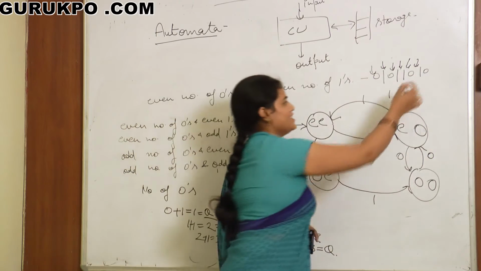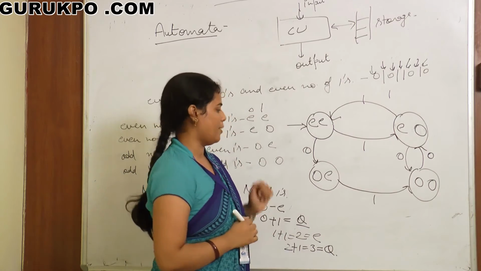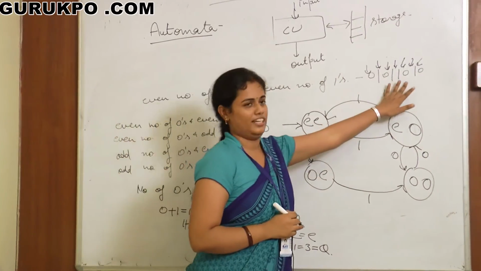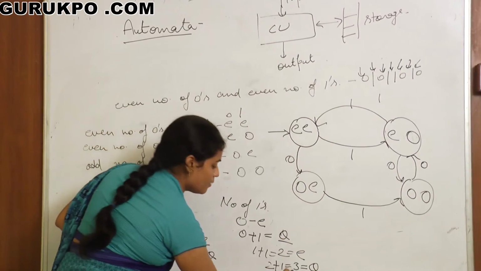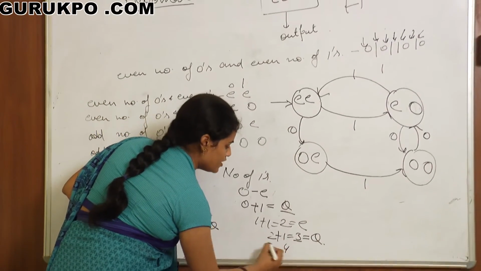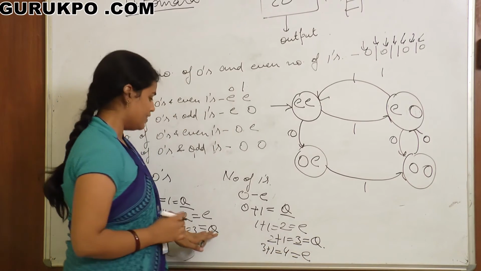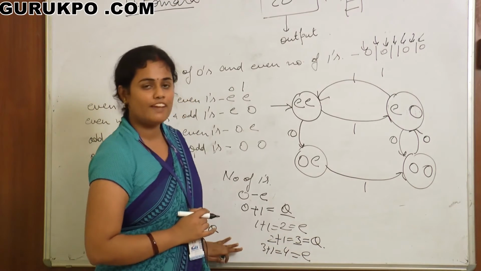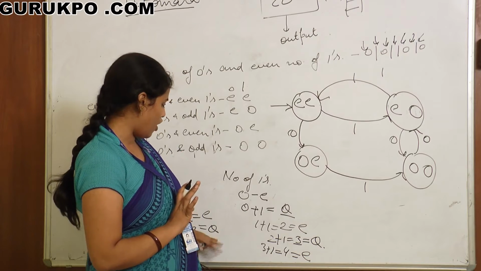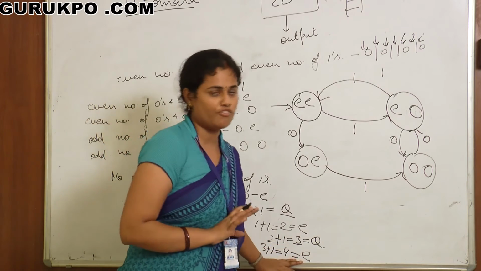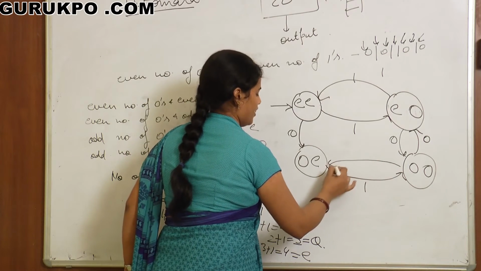Now machine again is reading 1 according to our string. Now what will happen? As machine has read 1, number of ones will increase. Then number of ones will be 3 plus 1 is equal to 4. That is an even number. Then OE, because we have not read any 0 till now, that is why odd number of zeros and even number of ones. In that case, machine will reach here.